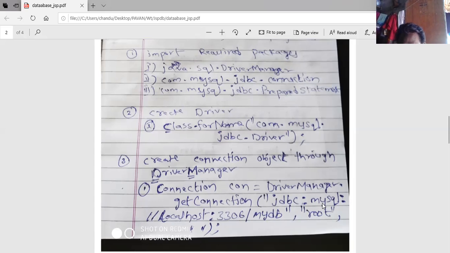JDBC is the driver, MySQL is the database, host name may be either localhost or a server, and this is the port number for MySQL, and this is the database name. And after that, database user ID, database user password. Connection con equals to DriverManager.getConnection, host name, as well as user ID, password.